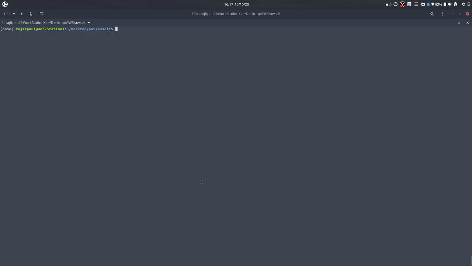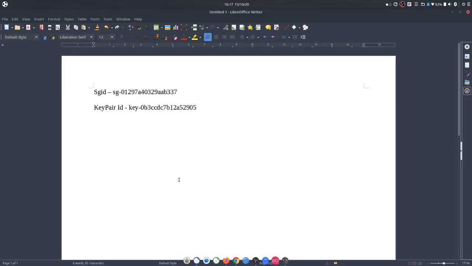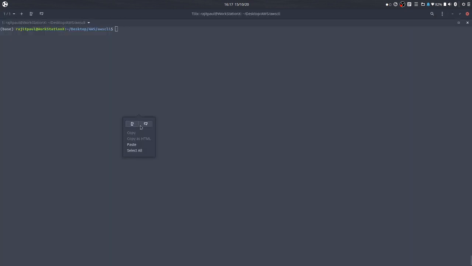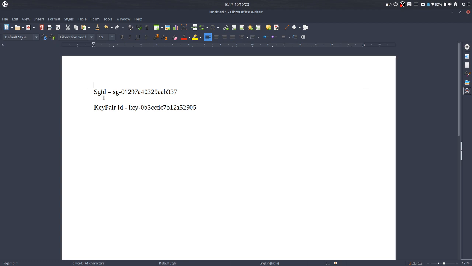So now I'll go ahead and put in rules. For that, I have already typed in the command previously, so I just copied it, and now I'm going to just paste it in my terminal, and we are going to use that, right? So this will create the rule for the security group that will be mentioned with the group ID. So for the group ID, as I said, you should have a document prepared with all the IDs, because you'll require this, right? So I'll copy in my group ID as well,